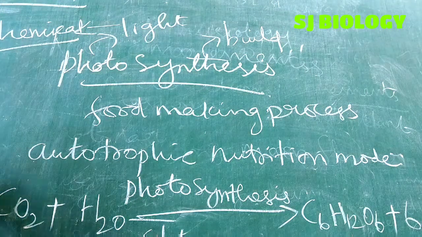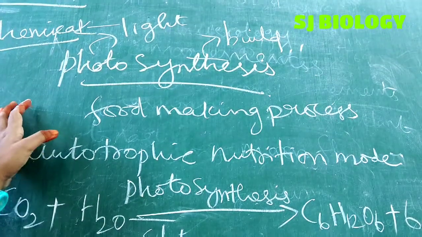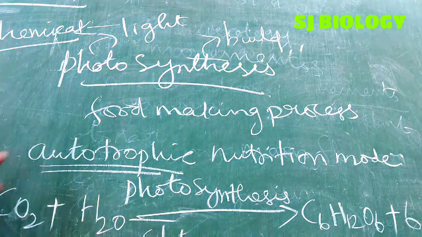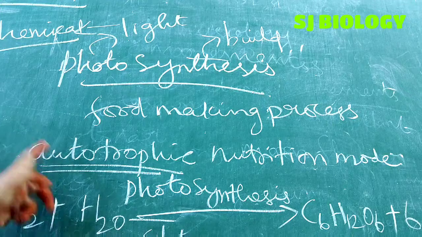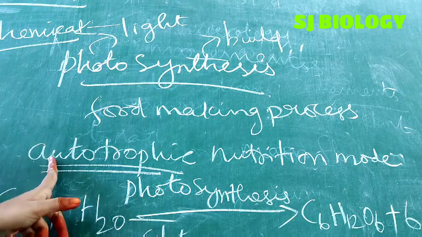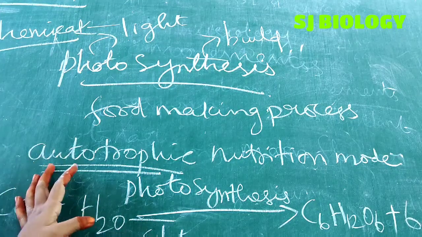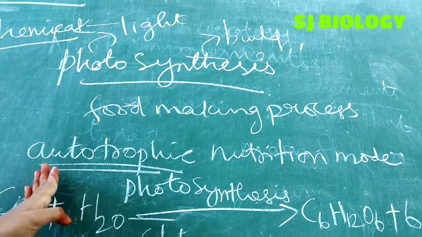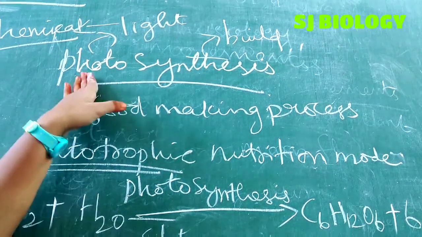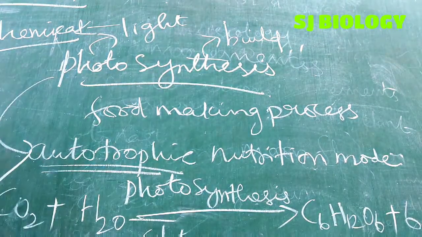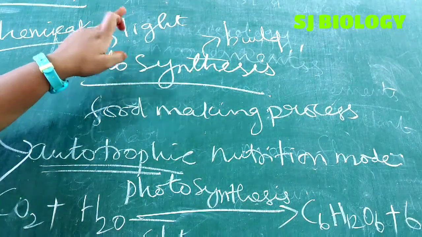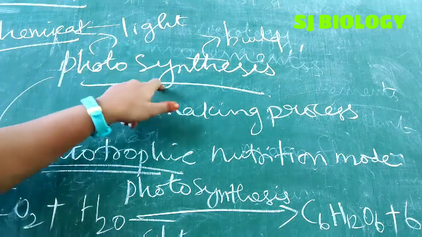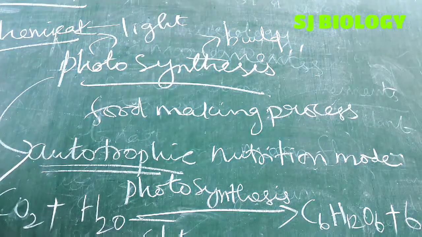Okay, so all green plants are autotrophic in their mode. Why is it called autotrophic? Because plants are able to prepare their own food, no? So that's why we call it the autotrophic nutrition mode. So all green plants have the presence of what? Chlorophyll, no? So they prepare their food materials through the process called what? Photosynthesis. So a food making process using sunlight, in which light energy is converted into chemical energy during this process. Photo means light, synthesis means build. This is the definition of photosynthesis.